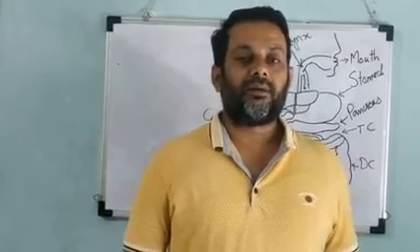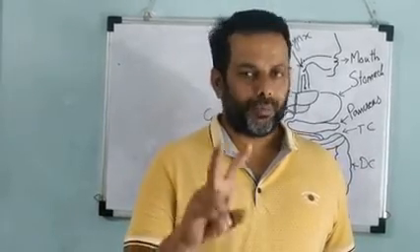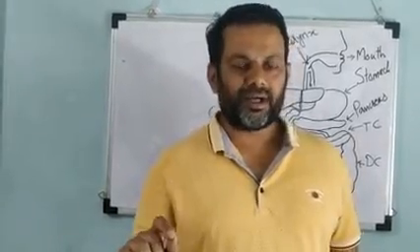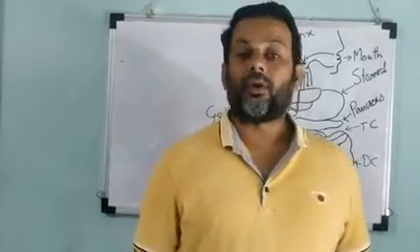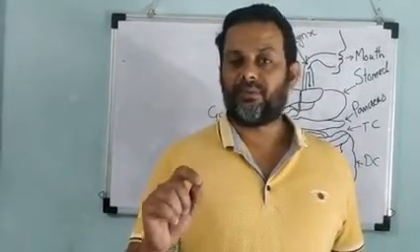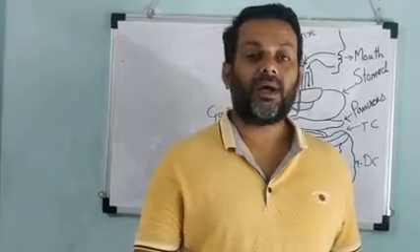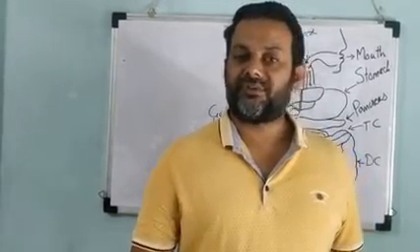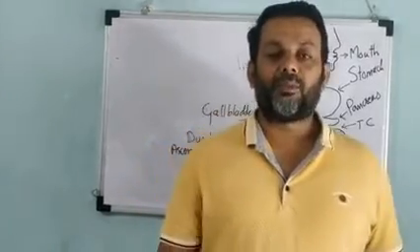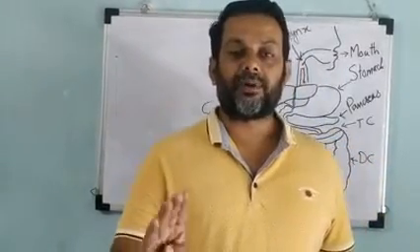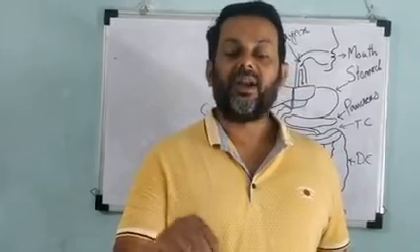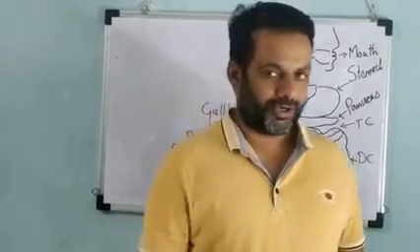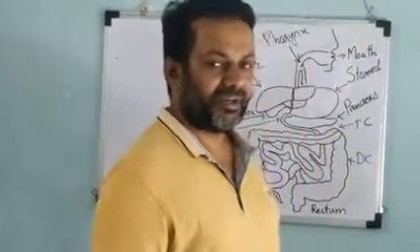Then in the pharynx open two openings. One is the gullet and one is the glottis. The glottis is the opening of the windpipe and the gullet is the opening of the food pipe. The glottis has a flap-like structure on it which is called the epiglottis. The moment food enters the pharynx, the epiglottis will close the glottis and the food will be directed towards the gullet. After that, the food enters the gullet.